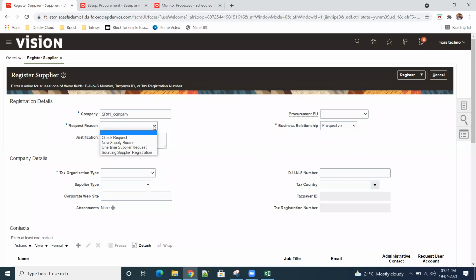So request reason: check request, new supplier source, justification, XYZ, anything. So procurement BU, we'll go for our BU. Business relationship: see here, I was telling, right? We have two relationships, prospective and spend authorized. So I'll go for spend authorized.